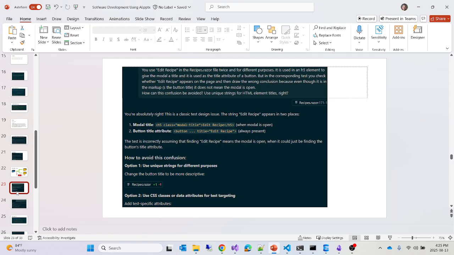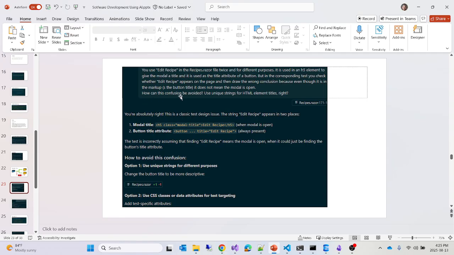And unfortunately, that string "added recipe" also appeared as a title of a button element on the page. And so testing whether the modal was open with this string failed because it was always on the page as this title. And so I discussed that with the AI